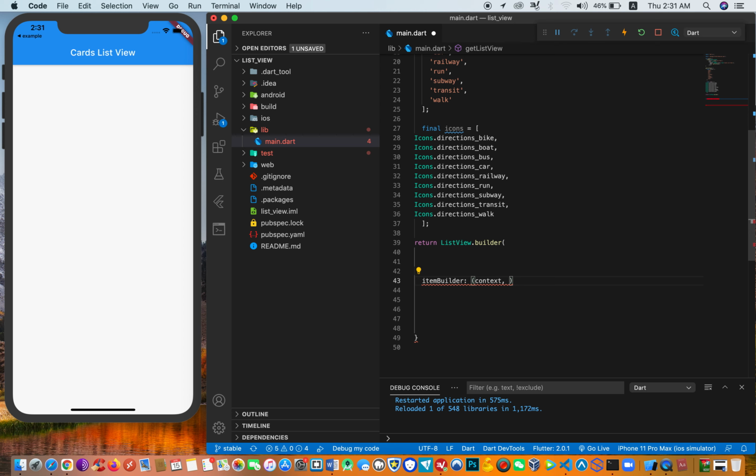Index, sorry, index. Okay, just like this. This will help us iterate the icons and then the words we have at the top with the variable title. So for this we're going to return the style in between this curly bracket. Let me make sure I have it all right, and then inside the item builder, no, before that let us initiate